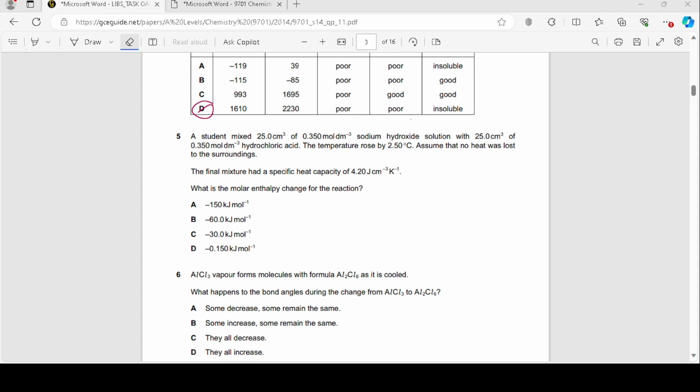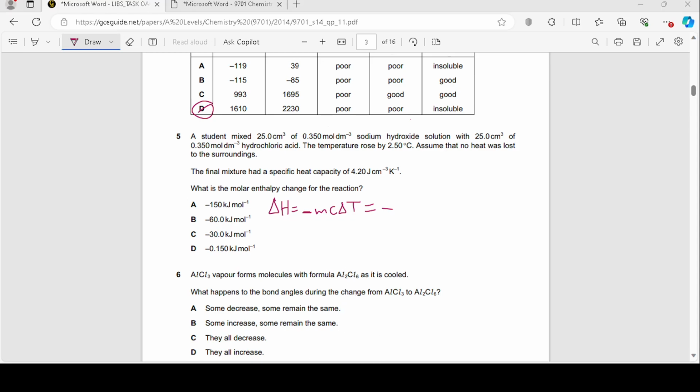Okay, so let's see what we know. We know that delta H equals mc delta T, right? And the temperature rose by 2.50 degrees Celsius, which means it's an exothermic reaction, right? And therefore I can make it minus mc delta T, because the temperature is rising, so heat is given off to the surroundings. So I have to put a minus sign for the enthalpy change. And now I'll just substitute stuff inside this. So minus,